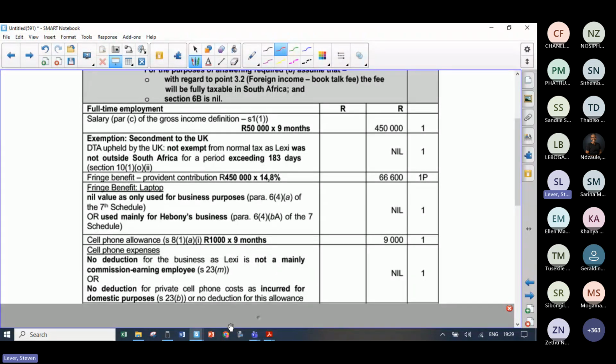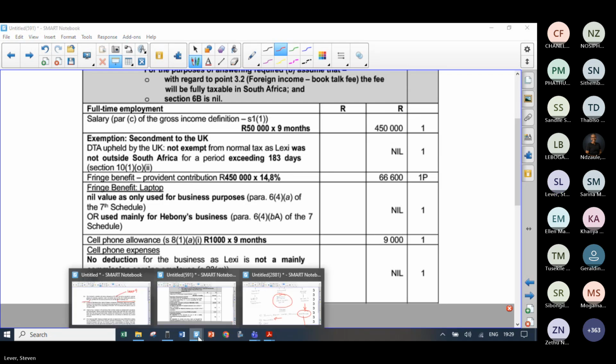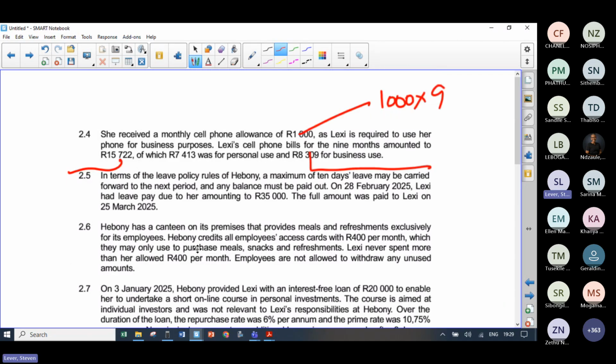So please just understand, you have to look to see whether your salary is bigger than commission, or in this case, there's no commission. And then your deductions are limited. You cannot claim those deductions themselves. So there it is inside the solution itself. No deduction, Section 23M.